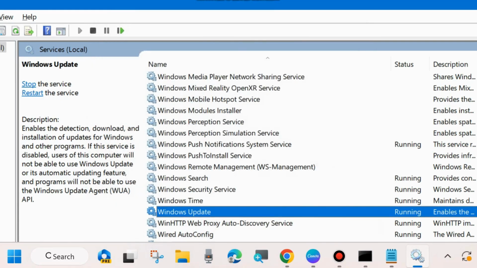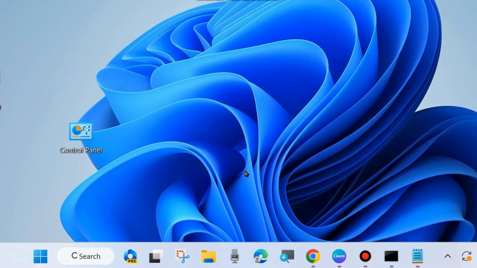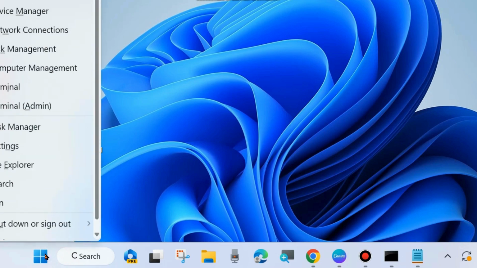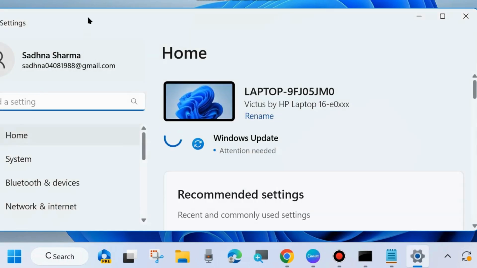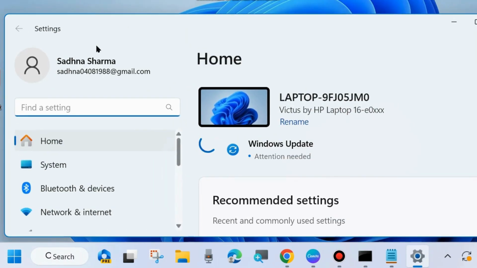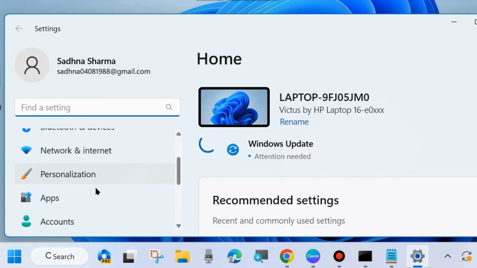Thereafter restart your system and check whether the Windows update failed to install error is resolved or not. If not, go to the next fixes. Right click on the start button, choose settings. Here from the left side under system settings,